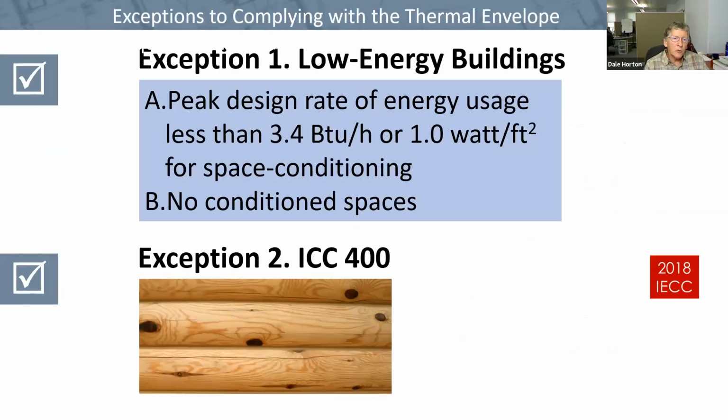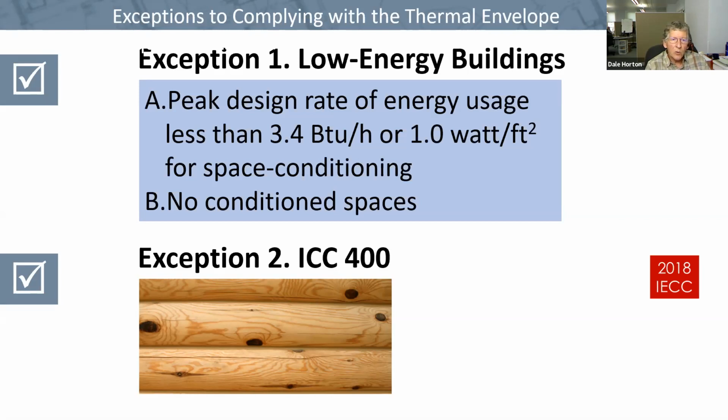So there are two exceptions to the application of the thermal building envelope requirements. One is if the space conditioning system designed for the building has a very, very low capacity, very small. And so the code provides a metric for when so little heat is supplied to a building that you don't have to apply the thermal requirements. And of course, no conditioned space, if there is no conditioning in the space, then you don't have to apply